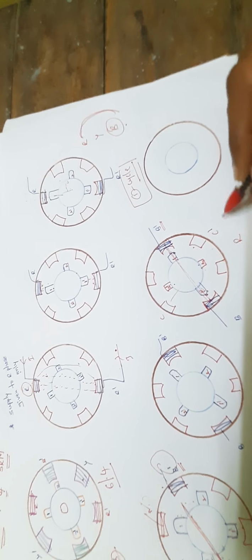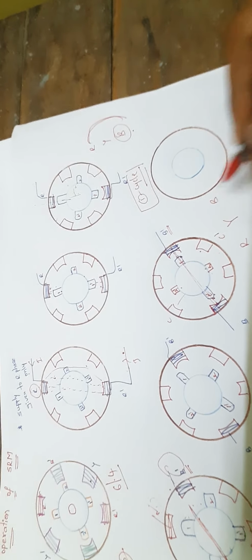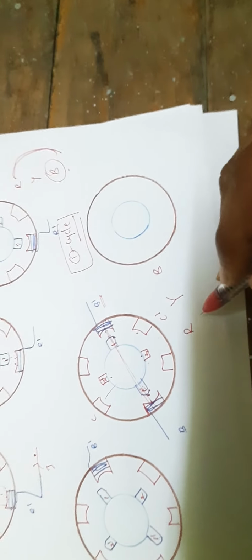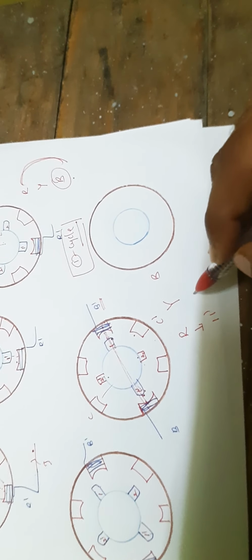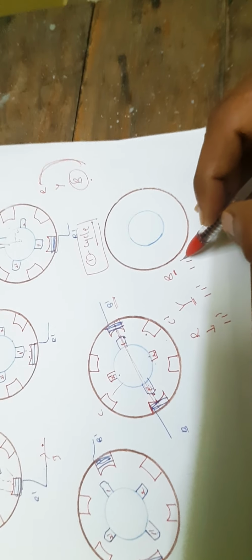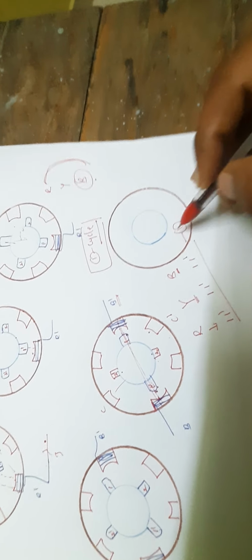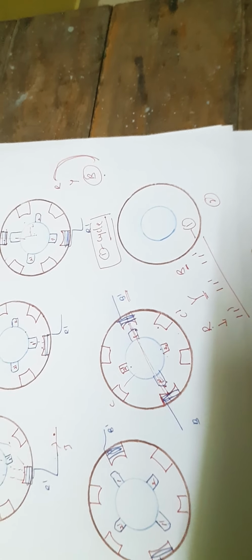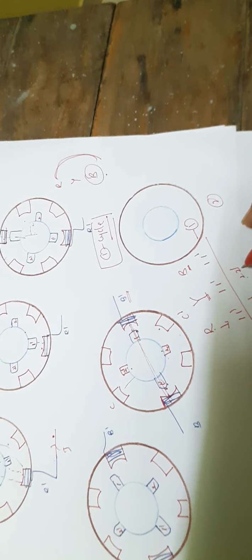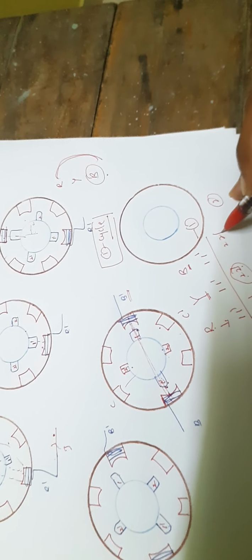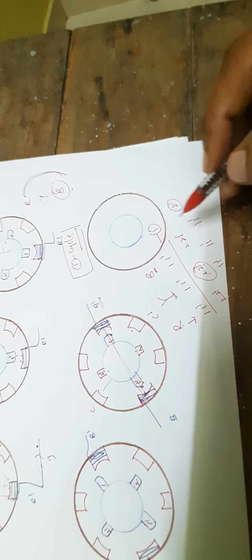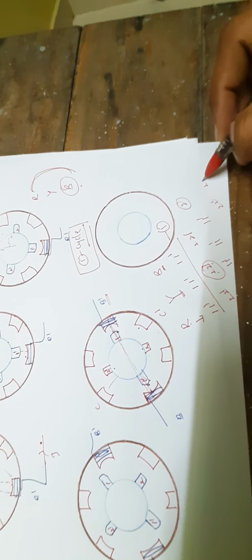First we have given R phase supply, then Y and B. R, Y, B given means, in the first condition, 1 and 1 dash. In the second case also, 1 and 1 dash are magnetically locked with the Y phase. In the third case, 1 and 1 dash will be attracted. After completion of the first cycle, in the second cycle, for R phase 2 and 2 dashes will be attracted. Similarly for Y phase supply, 2 and 2 dash will be magnetically locked. Similarly like this, it will continue: 1 1 dash, 1 1 dash, 1 1 dash, and then 2 2 dash, 2 2 dash.